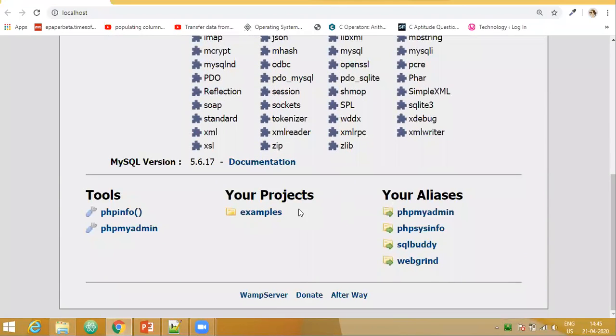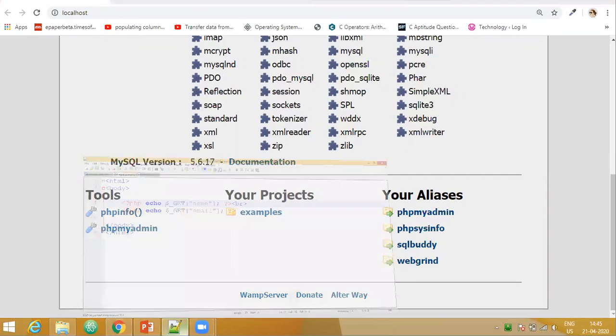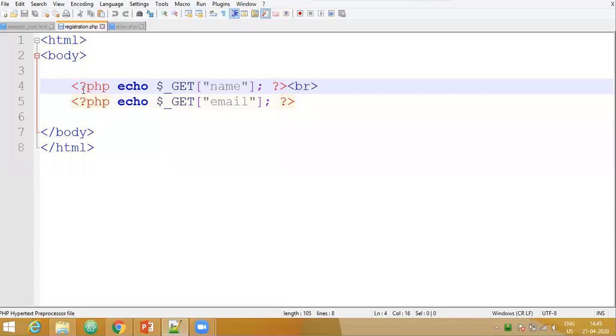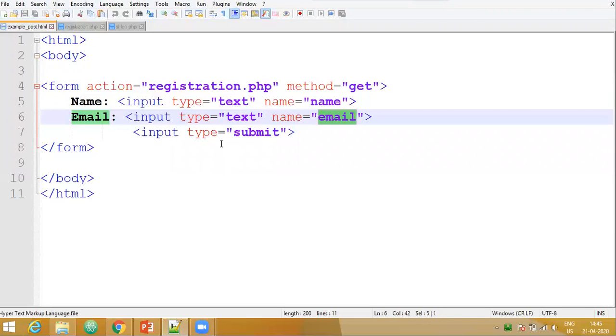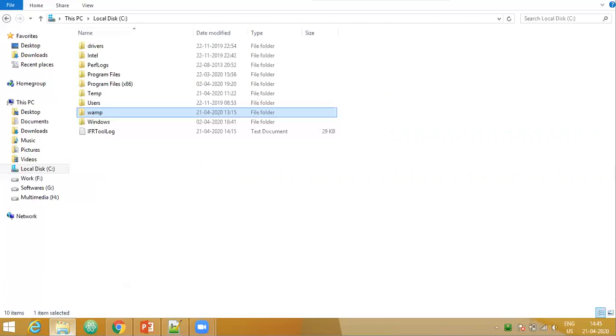Now here you can see under the tab Your Projects, I have a folder called examples. Whenever you create PHP files or HTML files and want to execute them with the help of the WAMP server, we have to save these files in the WAMP folder. If you recall, we installed the WAMP server in the C drive, so it creates a folder by the name WAMP.